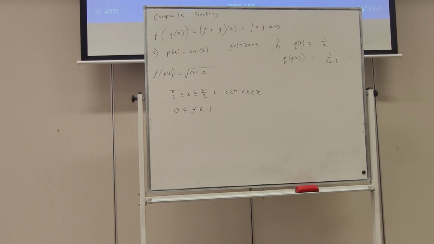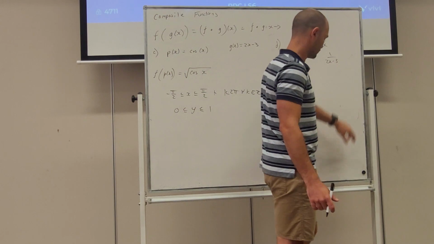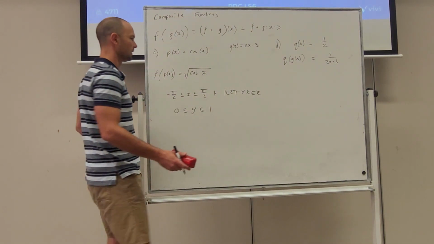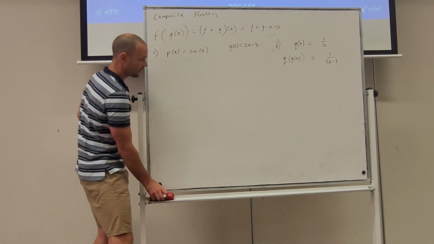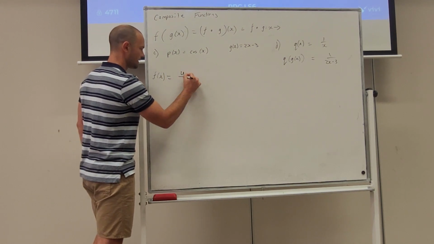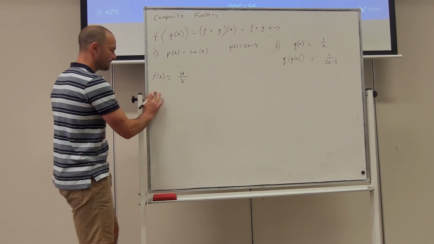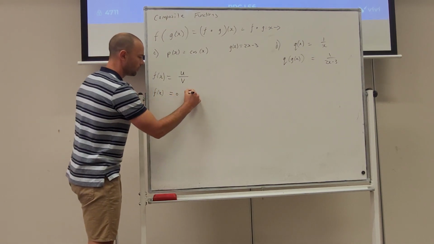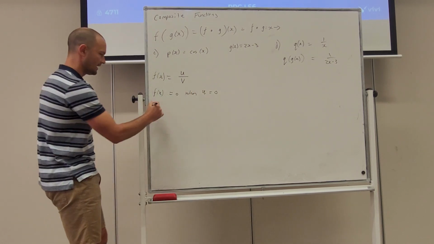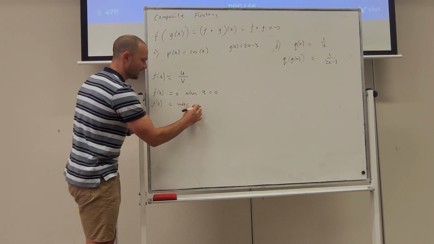Okay. Now this is a good point to remind us that what we have here is a rational function, because we have stuff at the top and stuff at the bottom. Now the properties for a rational function, we're sort of going over in methods at the moment, but I'll define it like this. This is really important that we remember this. If we have u on top of v, f of x equals 0 when u equals 0, and f of x is undefined